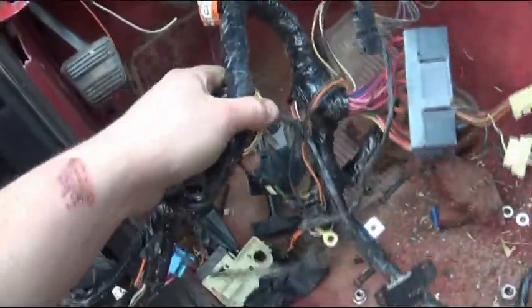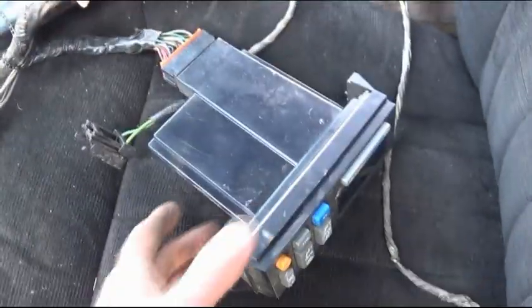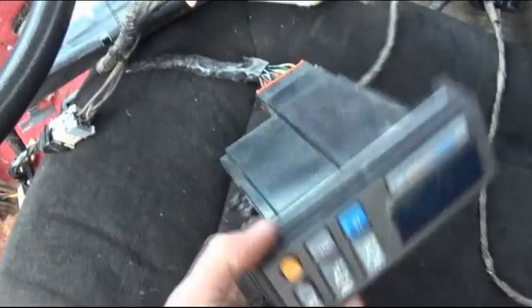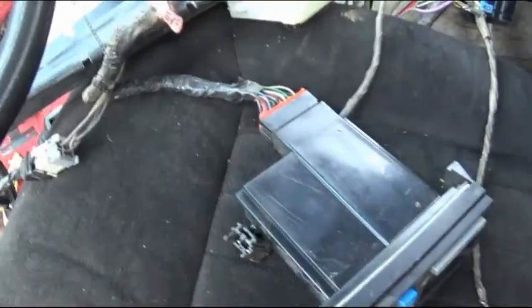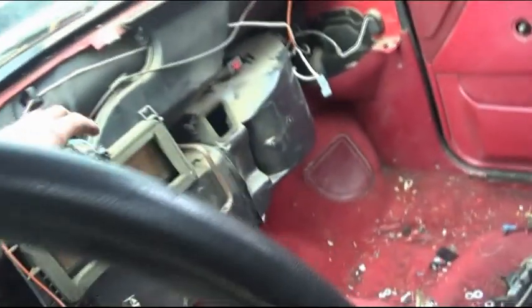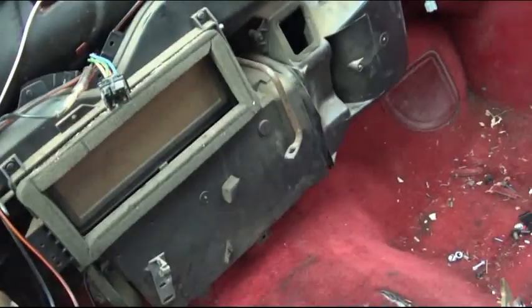Here's all our new harness. This, for the most part, should be pretty easy to set up. Now I even have the heating AC control off the 94, but I'm not sure if it's going to work with the factory S10. I believe this is it. It wasn't connected when I got the truck,